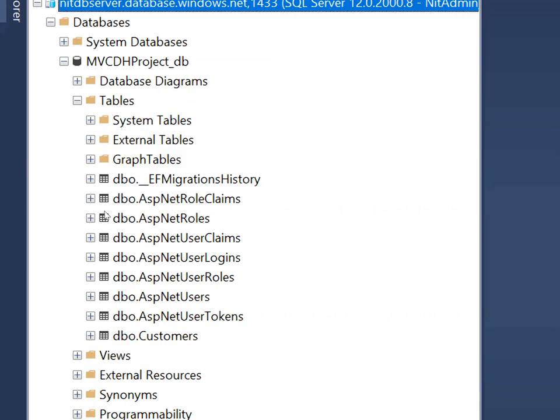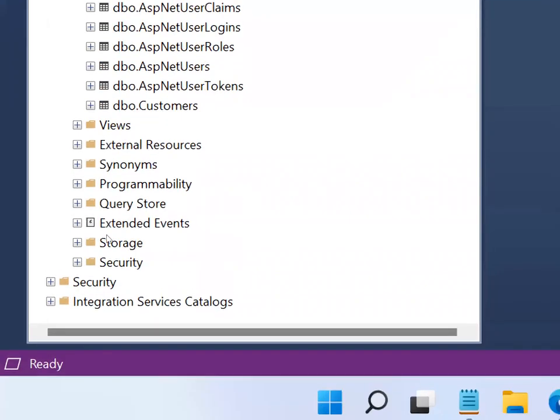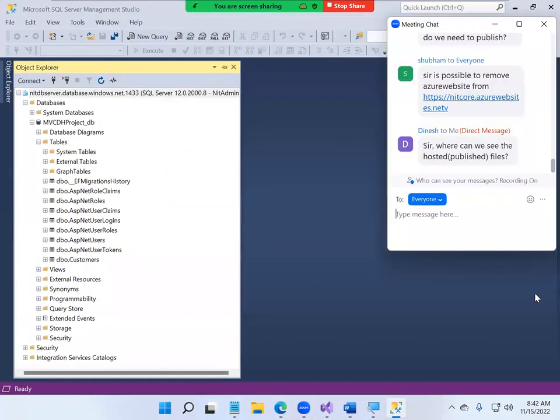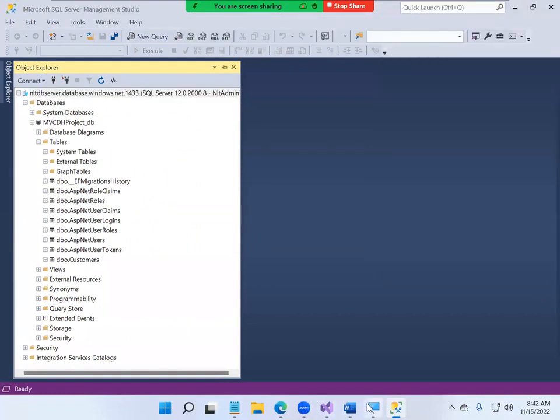Now you understood what a server is exactly? The server tells where I need to connect. Every day you are working on your local machine, which means a local server. But now I want a remote server. I get the remote server that came up here, and I can start working from here only. It has my customers. I can query on it. I can insert. I can update. I can do anything from here on these customers. Are you guys clear? Okay. So this is the process of how you can manage